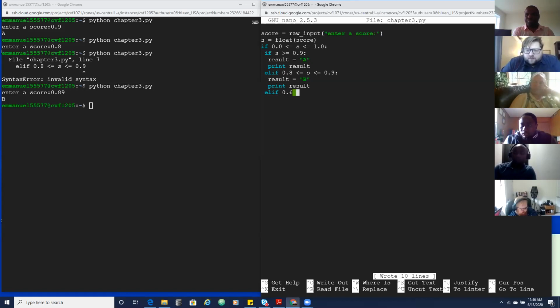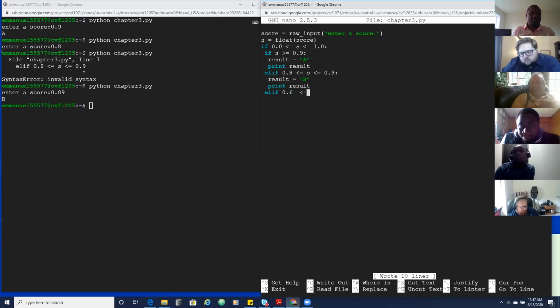You're saying an elif statement requires an action before it can go to another elif? Yep, you have to do that. So you have to restructure this code altogether to be able to do that. Because in that case, you have to have this code read the entire program and store the value in memory. There's a way to do it, but it will be totally different from the way you're looking at it. So I'm going to say 0.6 now is greater or equals to,